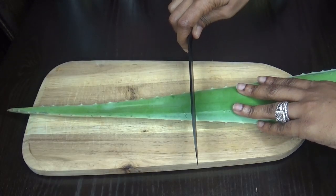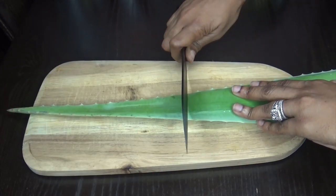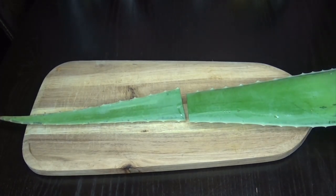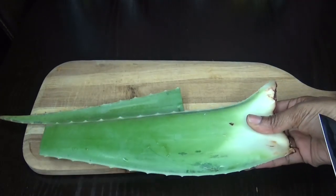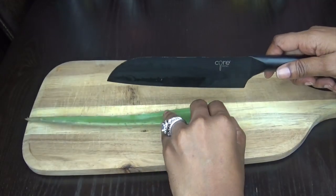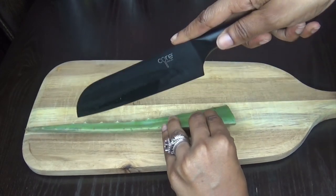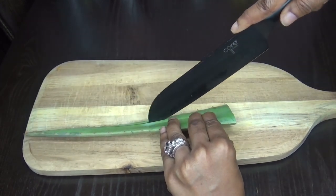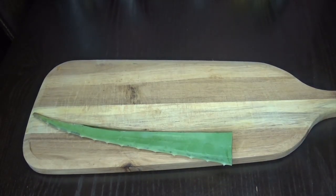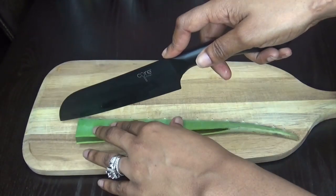Then we're going to take the pokey edges off of it. And you guys, you can use as much of the aloe as you want to do this. I just wanted to use the tip because it's always really difficult to scrape out the tip when you're trying to make other things with this aloe plant. So we're just going to cut off those pokey edges and literally just chop this aloe plant into a couple